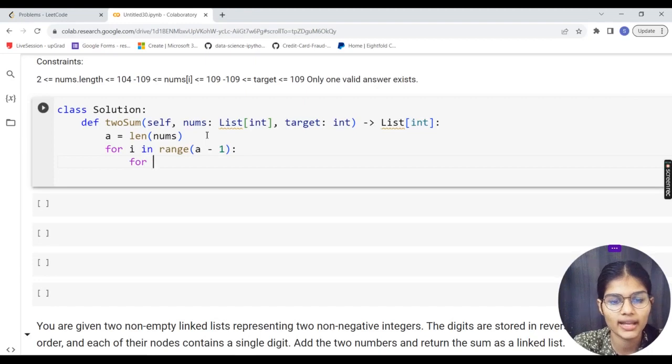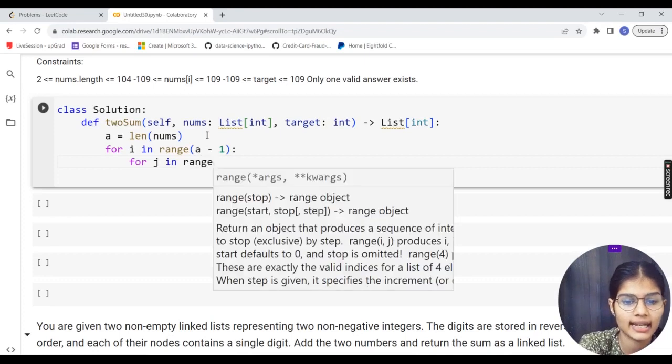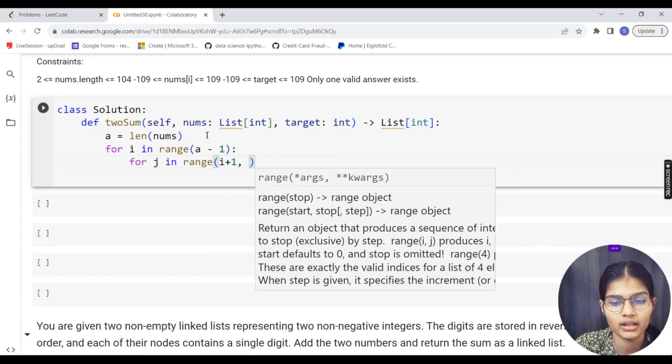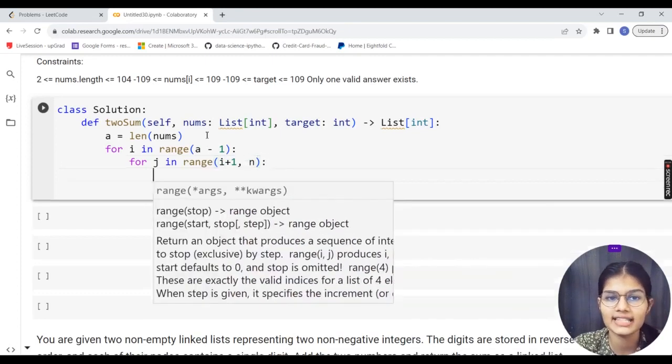And next I'm just going to apply a loop for j, maybe for the increment in the numbers, right? Moving from one position to the other position to the third position like that. For that, j in range, and into the bracket I am just going to do i plus 1, comma, okay, one second, I'm just going to write here n.